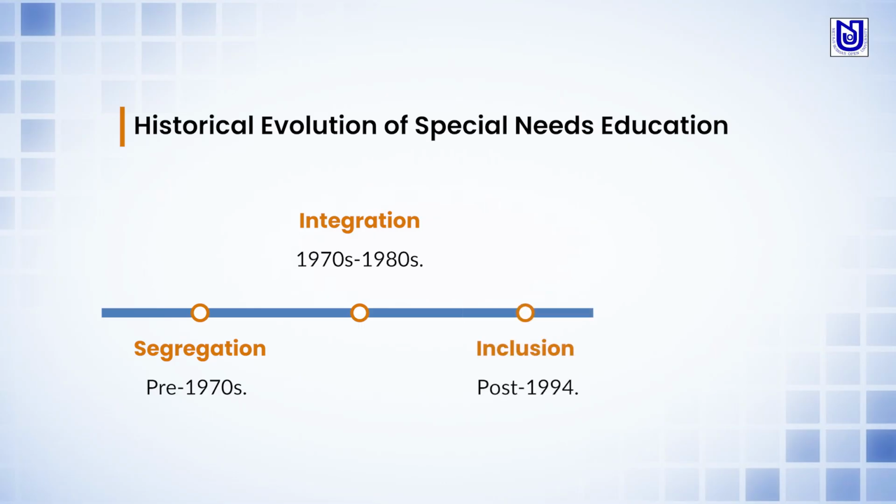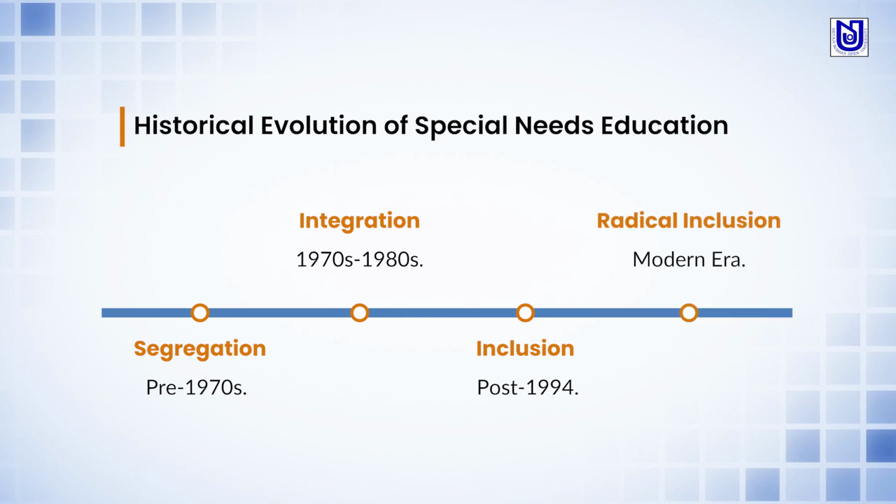Then, post 1994 phase, we can talk about the phase of inclusion. During this phase, the whole system was restructured. The school infrastructure, the educational policies as well as frameworks were adapted. The curriculum was redesigned and the pedagogy was also adapted to celebrate the learners' diversity and to promote inclusion. Here we can talk about the beginning of inclusive practices in education from this particular phase.